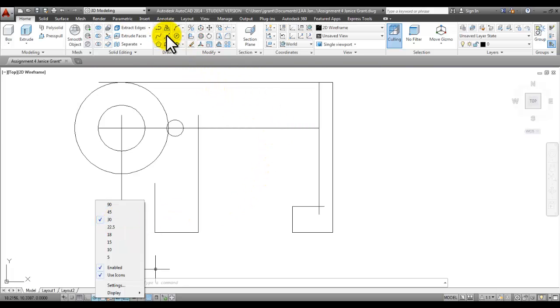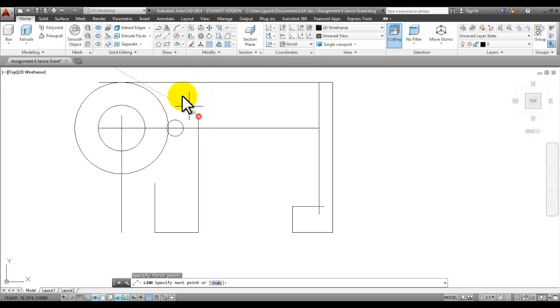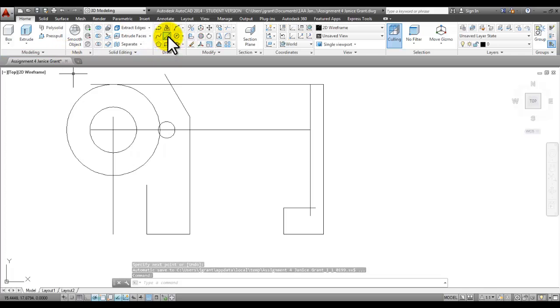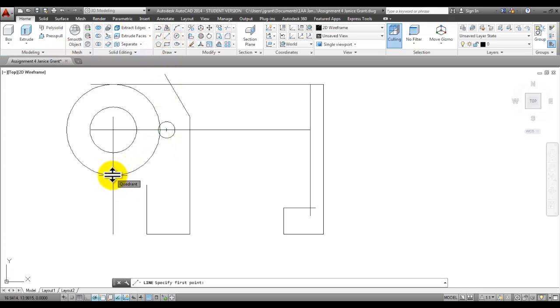So now when I start the line command and I click here, I'm going to see the increment angles at every 30 degrees, which in this case is really 120. I'll pull my mouse over here to the 120 angle and click. And then we need one more line here at the quadrant of the circle or the intersection. I'll bring my mouse over here and click because I know I'm going to use radius for this one. And one more line here. It comes across to finish up this